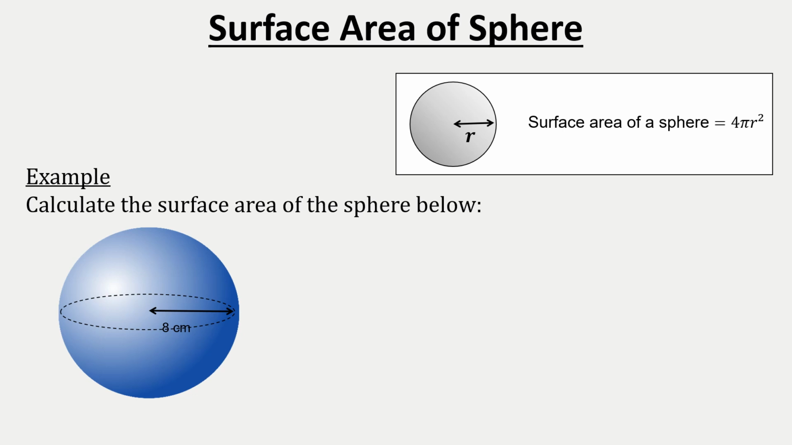A sphere has no vertices, remember that. So to calculate the answer, as per the formula, I will substitute my values: 4 times pi times 8 squared, and the answer will be 804.2 centimeters squared. So this is the answer. All right,